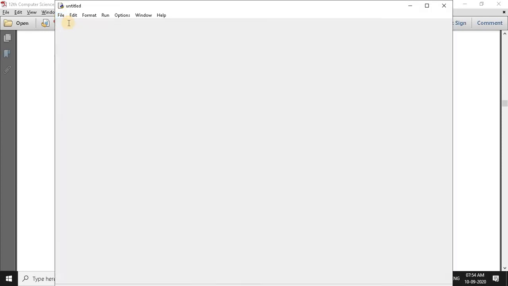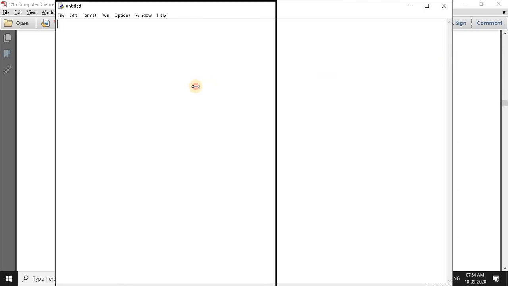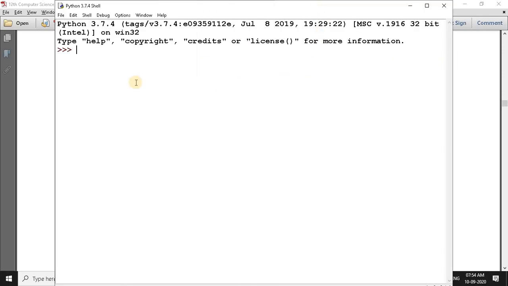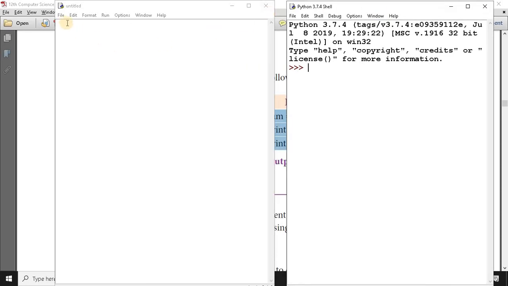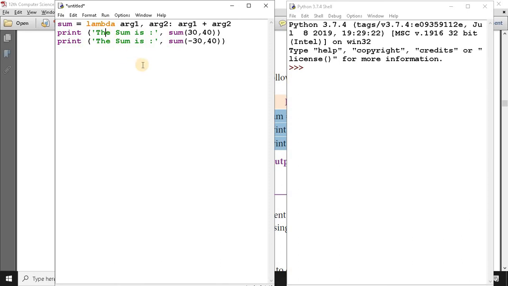File, new file. Okay, paste here. So here the lambda, sum is the function. Okay, next 30, 40.